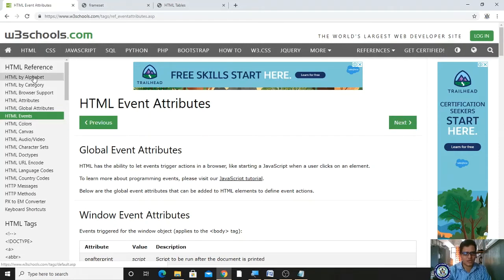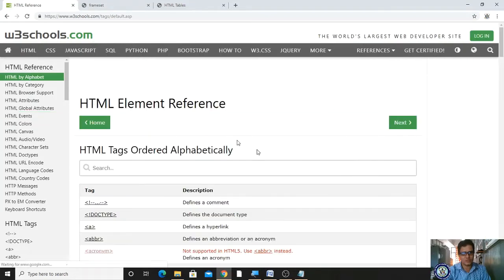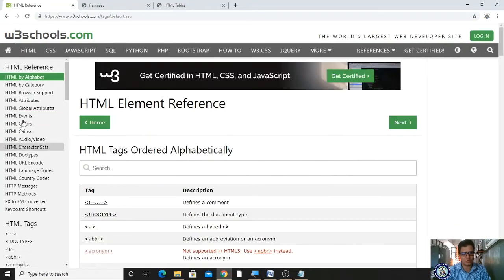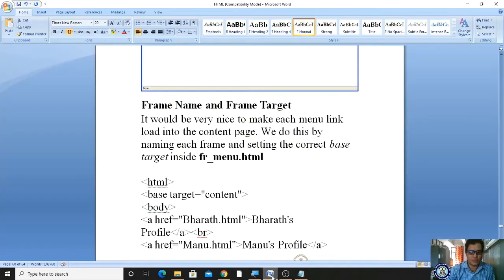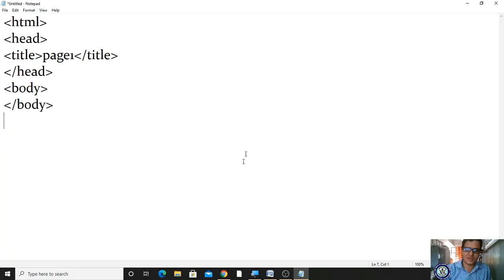If I click this link, it is opening in this part, right? This is the menu part and this is the content part. So we have to name this and also name this, then decide where to display the content. To do this, we will go through one sample example.